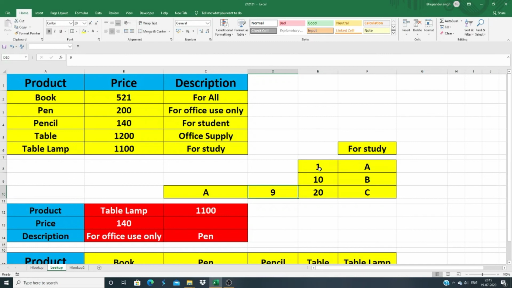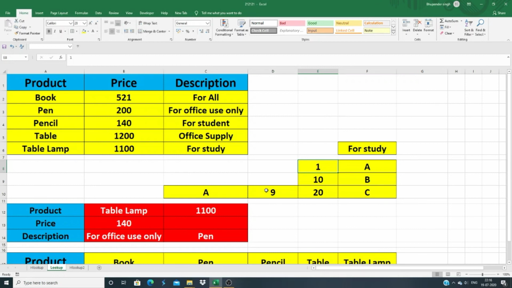We just created a small example so I can tell you which type of scenario I am using. So here you can see, from number 1 to number 9 we allocate rank A, and from number 10 to 19 we allocate rank B, and from 20 and above we give rank C.